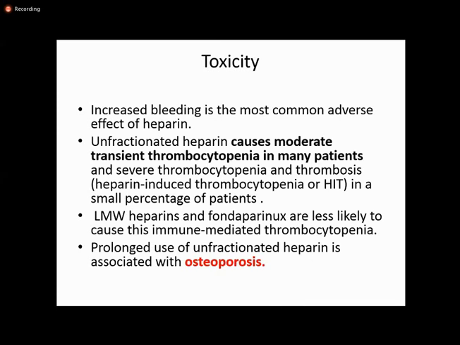Low molecular weight heparin and fondaparinux are less likely to cause this immune-mediated thrombocytopenia. This is another reason we commonly use low molecular weight heparin in our clinical setup. Prolonged use of unfractionated heparin is associated with